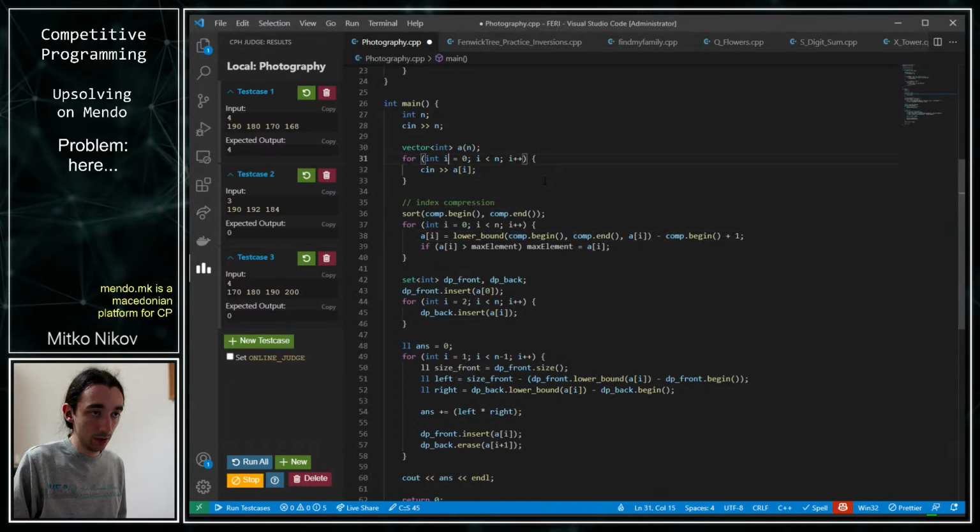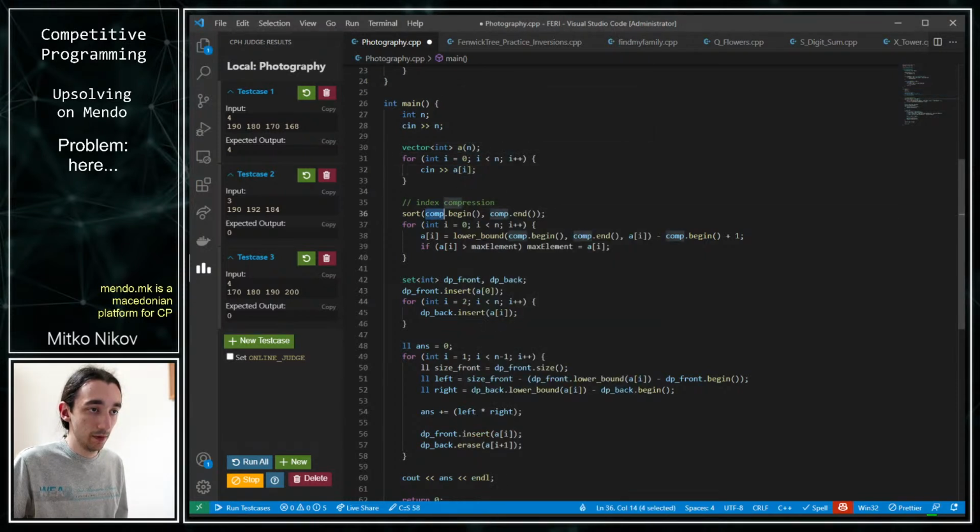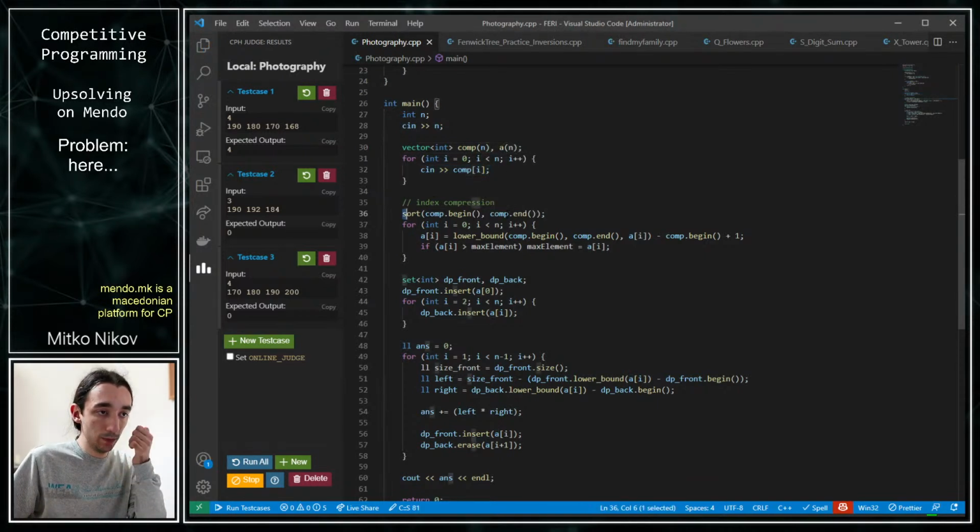So let's just do this, comp. Should we define it all as like A? Yeah, sure, A. But no, A is the other thing. Okay, so first we insert it into comp, we sort it,